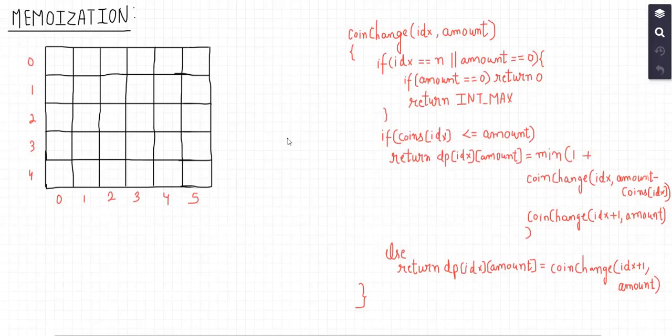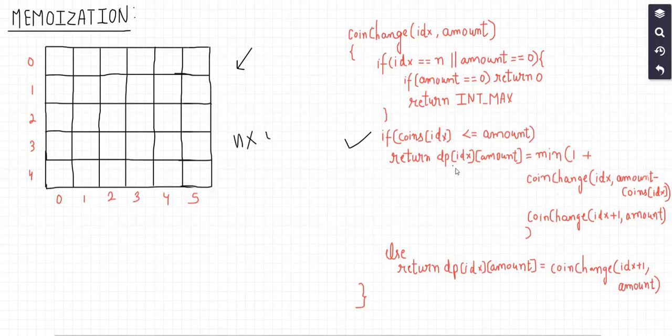Okay, so this is the memoized code. So this is how the memoization will work. So I'm declaring a DP array of dimensions n cross amount. So n is the number of indices, or the number of elements in the coins array, while amount is the amount that I want to generate. And here what I am doing, first at this case, if the coin that I'm standing at has a value less than the amount that I want to generate,